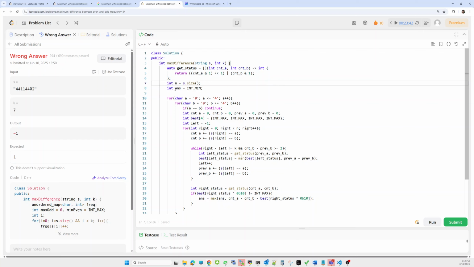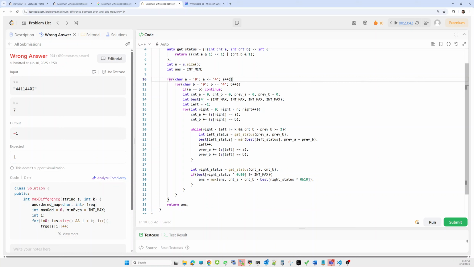Now initially the answer will be int main. Now we have to iterate, meaning we have to do the same operation and calculate for all combinations. So for all combinations we'll do a loop, iterating character A over the range 0 to 4 and the same for character B, 0 to 4.